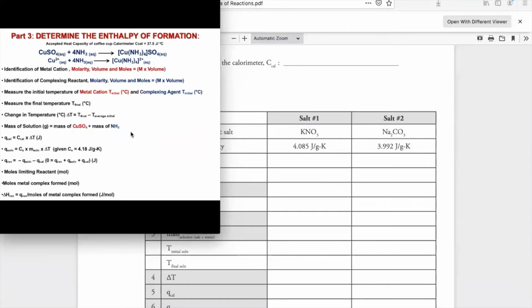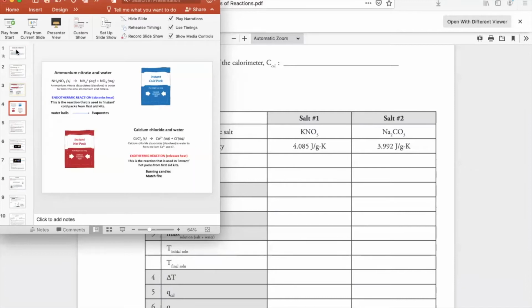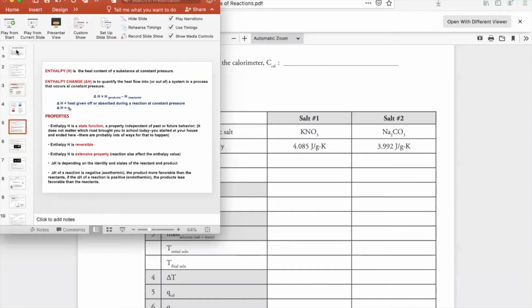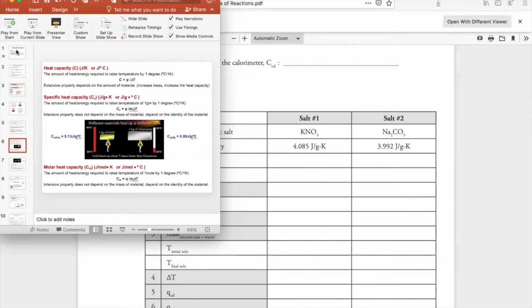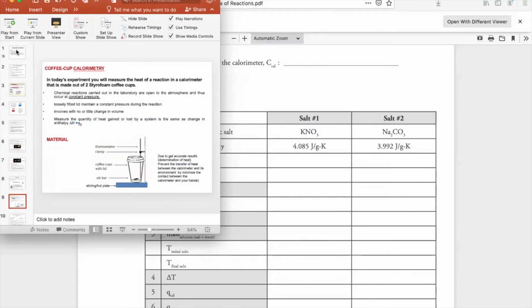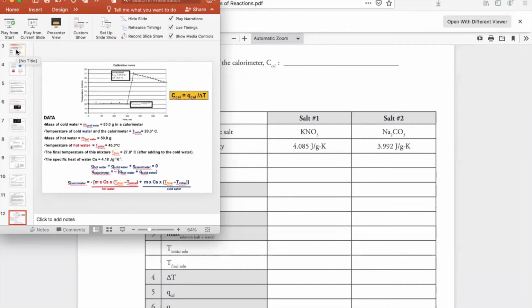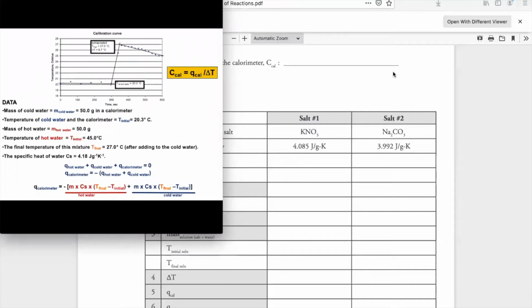We need to find the mass. Let's see where we get the mass of that. Hold on, I'm looking for the mass. Mass should be given. Let's see, mass. Right here is the data on slide number 12. Slide number 12 in the PowerPoint slide, we have the information to complete